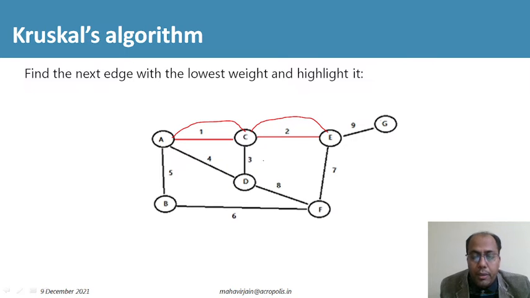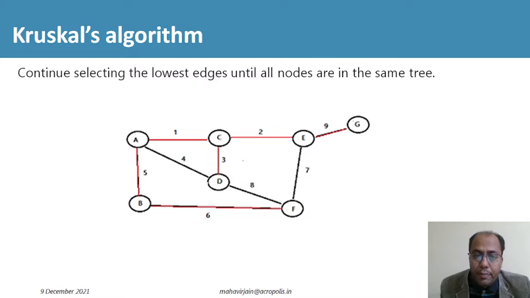After that, we will find the third smallest weight. I think that will be C to D. So first we will connect C with D. Likewise, if we continue, we will find the minimum spanning tree that connects all the vertices in V minus 1 edges. So with the help of Kruskal's algorithm, we can find the minimum spanning tree by selecting the minimum weight edge at a time and continuing till all the vertices are covered.